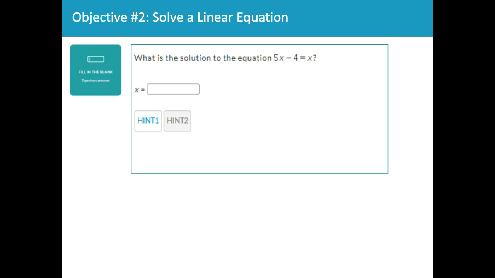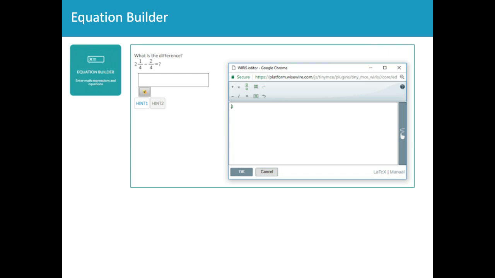Well, I will show you, once again, math. This is a great tool that we're seeing more and more often on these summative assessments. It's called Equation Builder, and we're seeing that it can be used both as the summative assessments, but also as a formative tool because it can actually read the student answer without teacher involvement and